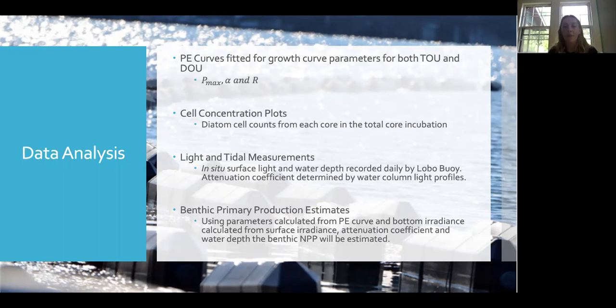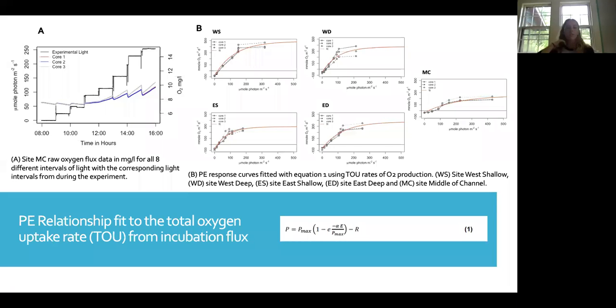And then from here, benthic primary productivity estimates will be calculated using the parameters from the PE curves, and then the surface irradiance, attenuation coefficient, and water depth. So first, for the total oxygen uptake incubation fluxes, plot A is the raw oxygen data with the light intervals in black, and then each core that was from the transect site. And then from here, the rate of oxygen uptake